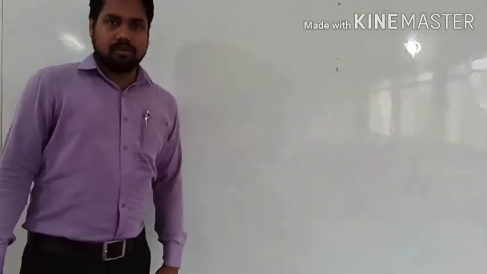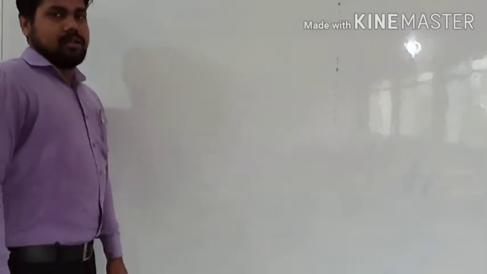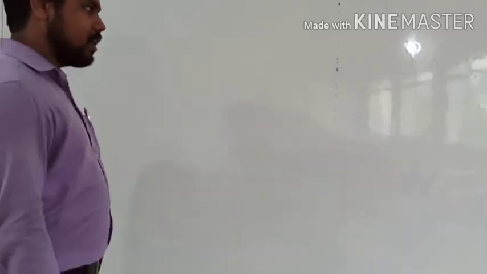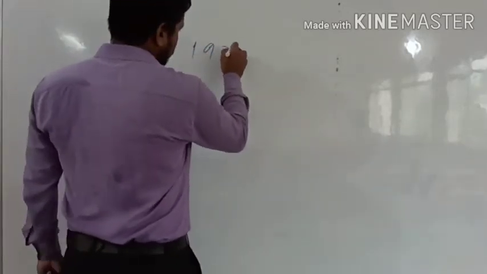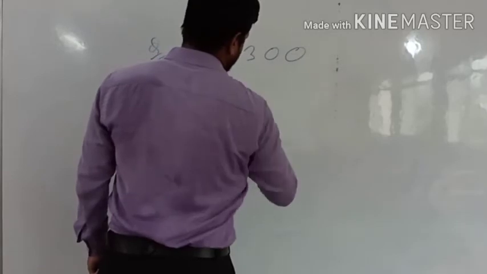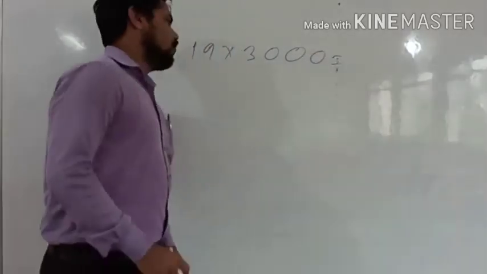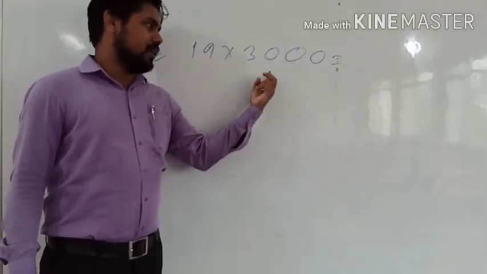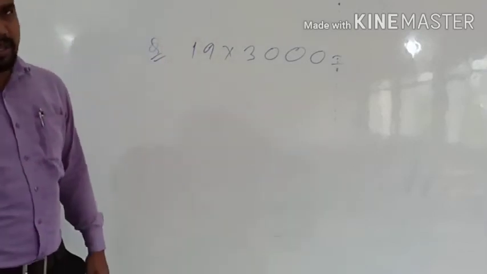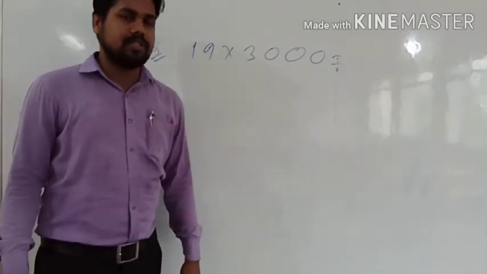Now we will see some more easy problems related to multiplication. Suppose I am asking to multiply in your mind. How multiplying in your mind is, suppose the multiplication related to 100, 10, thousands, this type of multiplication, how you can do. For example, the question is multiply 19 into 3000. Okay, 3000. So for this, someone may think that you have to just write 19 here and then multiply and do as per the long process. But you don't need to do that. You have to do this in your mind.